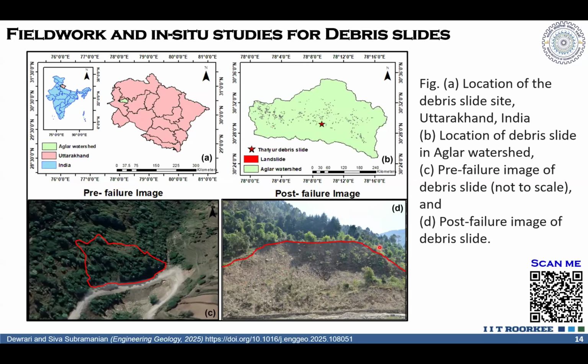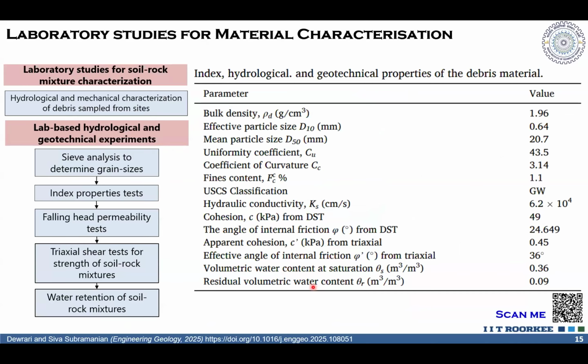And here we have the debris slide. You can see it is marked with a red color boundary, and this is the slide. It's not that steep a slide. It has an angle of 45 to 50 degrees. And the material it has was a larger amount of fragmented rock as well as some amount of fines. We did some in situ tests to know the in situ properties of the material, but much of the strength testing and characterization of the material had to be conducted in the lab.